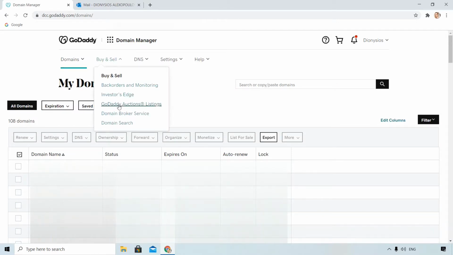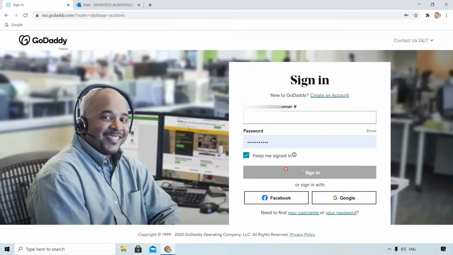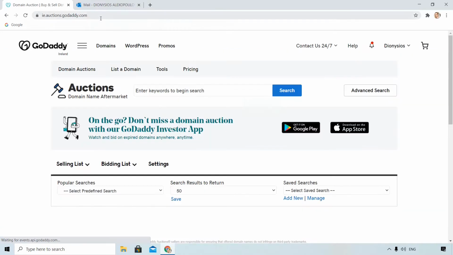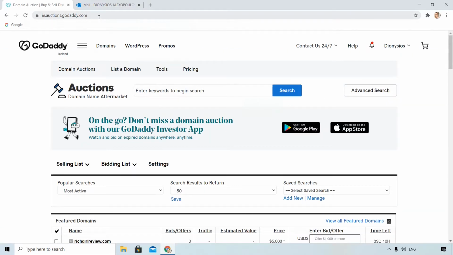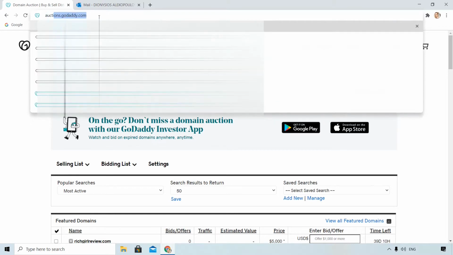I click GoDaddy auctions listings. They will ask me to sign in. An alternative, even faster way to land in GoDaddy auctions is just type auctions.godaddy.com and voila.